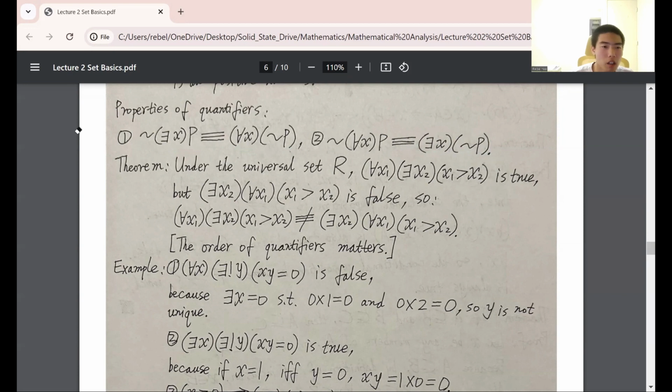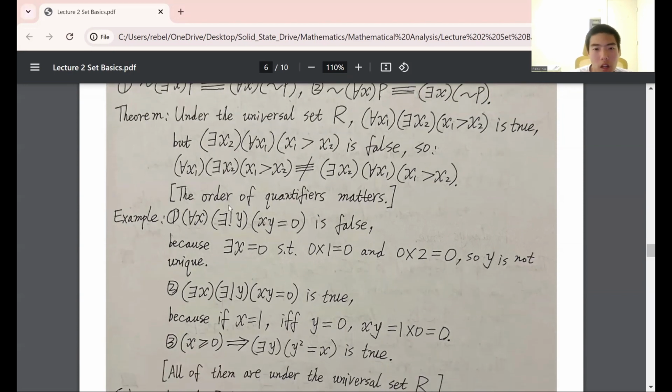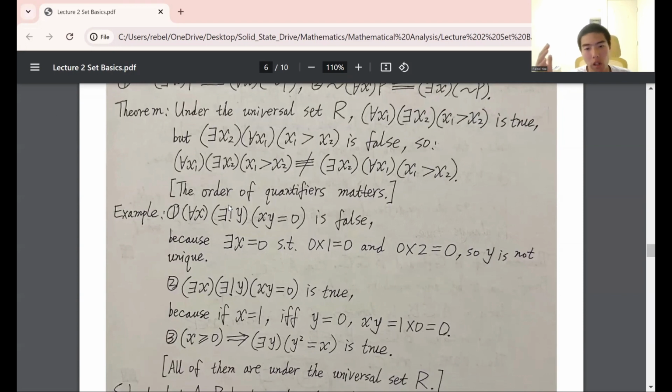And I think the next theorem is really important. It shows the order of quantifiers matters and can lead to different results. So first, let's consider the universal set as R. For all x1, there exists x2 such that x1 is greater than x2. Is this true? Well,